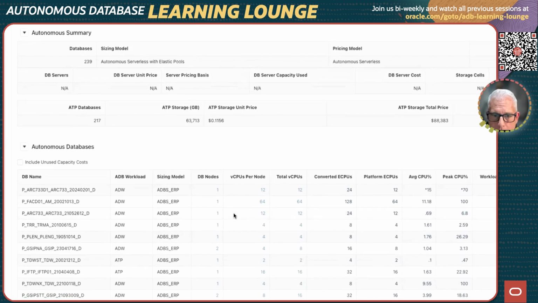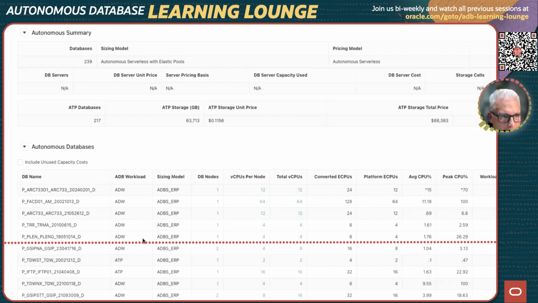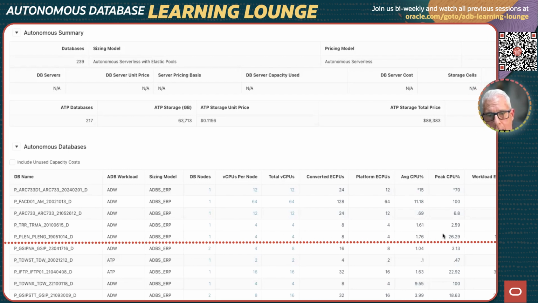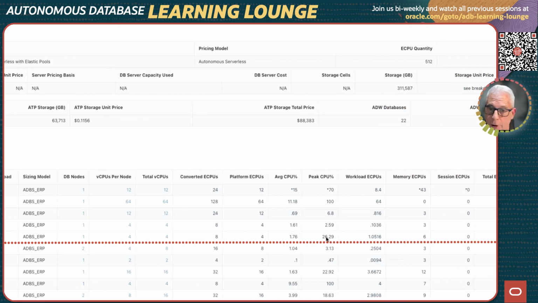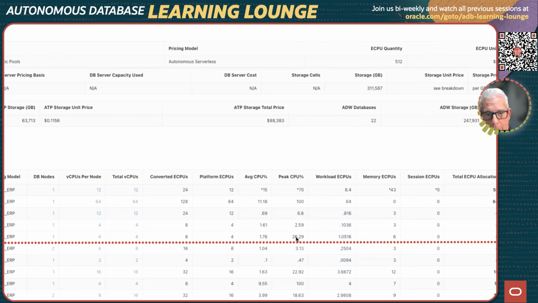So what should we pick on? Let's find an interesting database. Okay, let's take this one here, this fifth line down here. So again, we've got one node, 4 vCPUs per node. So it's a total of 4 vCPUs. Turn them into eCPUs, reduce them because it's Exadata, and it's running at 26% utilization at peak based upon what we captured from the AWR reports. So therefore, we actually only need